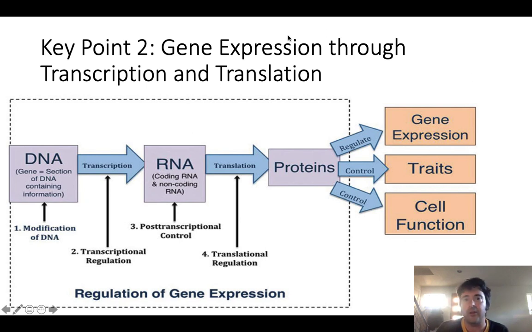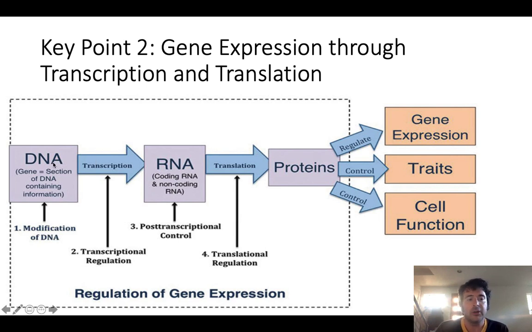Gene expression is different. Gene expression happens exclusively in interphase, and it's how the cell coordinates its activity during interphase, meaning that it's how the cell ultimately is a cell. It's how the cell coordinates its internal activity, right? How is it actually functioning? It's when a cell is being a cell and it needs to make little proteins, these little pieces of machinery to carry out all the functions needed by that cell